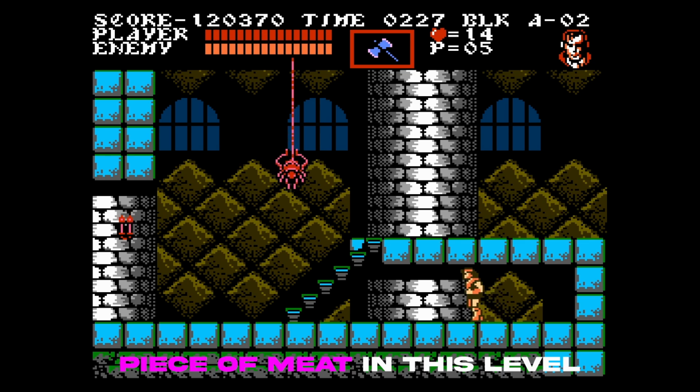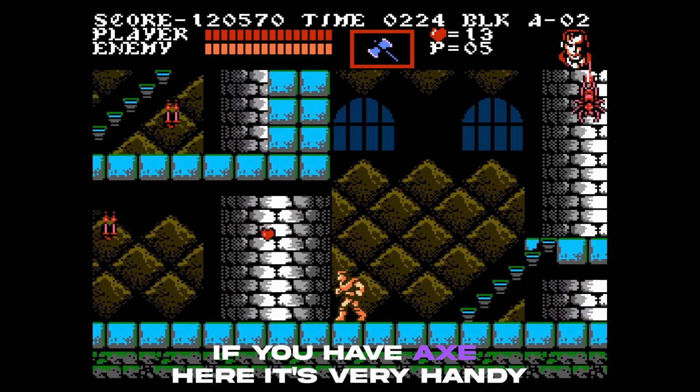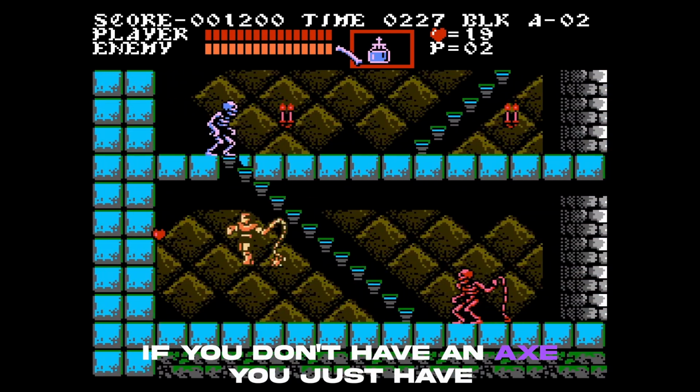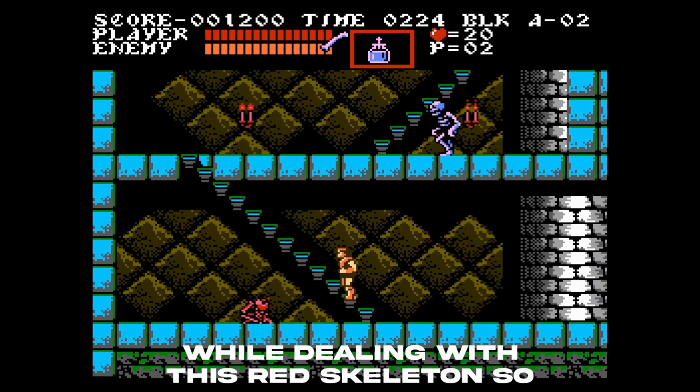Next is the only piece of meat in this level. Just be careful not to grab holy water. I beg your pardon? I know. If you have axe here, it's very handy because you can kill that guy up top. If you don't have an axe, you just have to bait him all the way to the left and wait for him to be on the right side while dealing with this red skeleton, so...